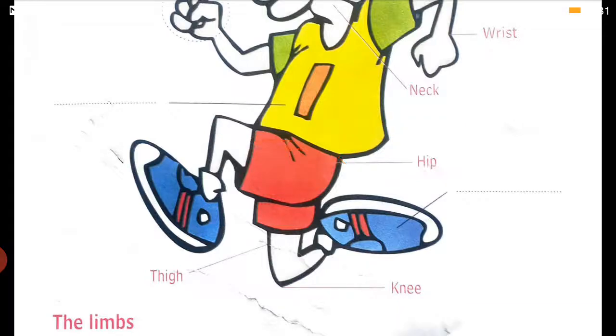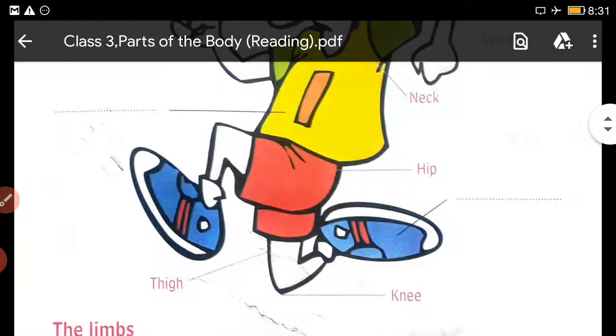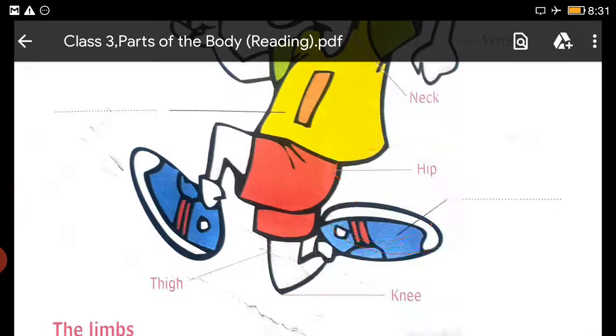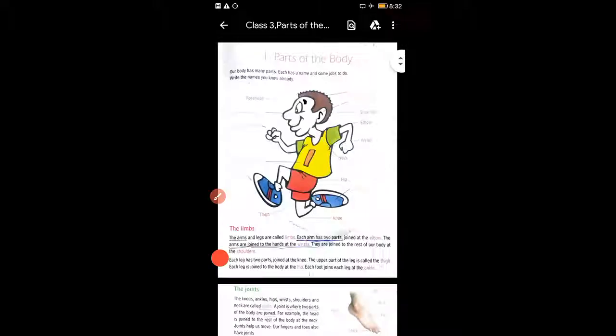And each foot joins at the ankle. And जहाँ पे हम जूता पहनते हैं, as I said, that is the foot. And the foot is joined to the leg at the ankle. जहाँ आपकी मम्मी पायल पहनती है, that portion of the leg is known as the ankle. So whole of the leg and the foot is joined at the ankle, and ये पूरा leg हमारे शरीर से जुड़ा हुआ है कमर पे. It is joined at the hip. All right.